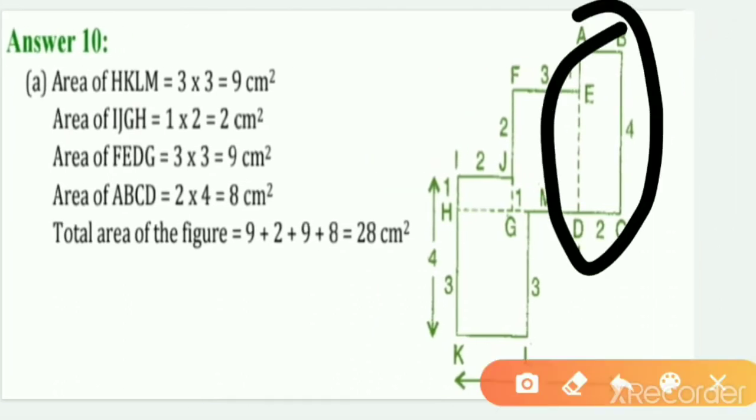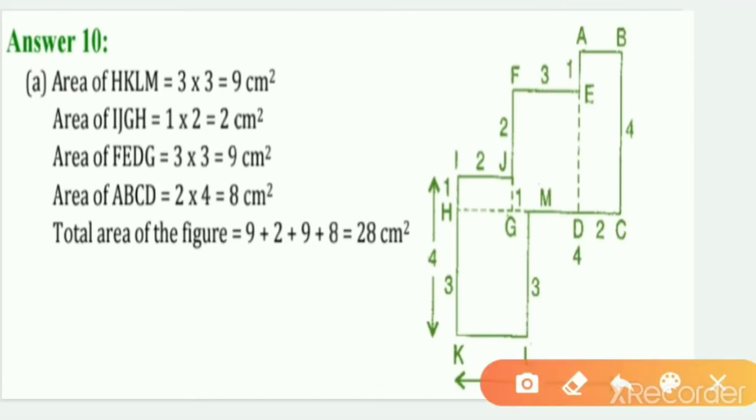You can give names according to yourself. If it is given, then it is okay. If you have constructed the dotted lines, then you only have to give the names. So first we will go for this rectangle. Okay, this is given, that is A, B, C and D. You know that one is the length and the other is the breadth. So for this rectangle ABCD, we have length 2 and breadth 4.